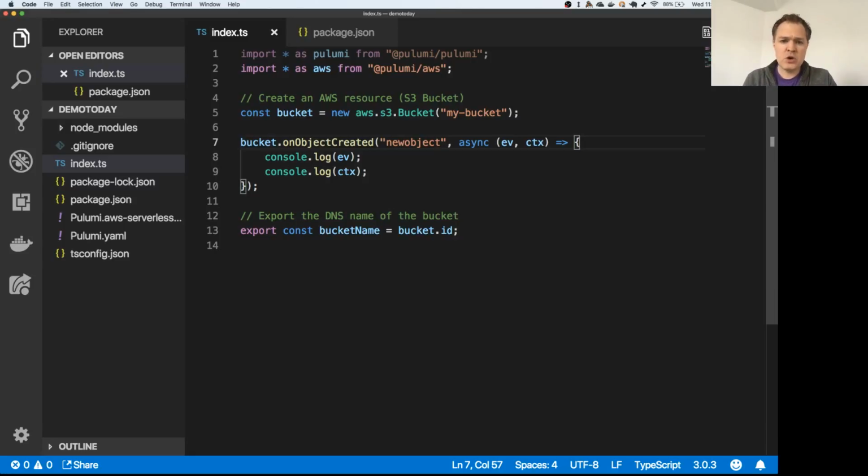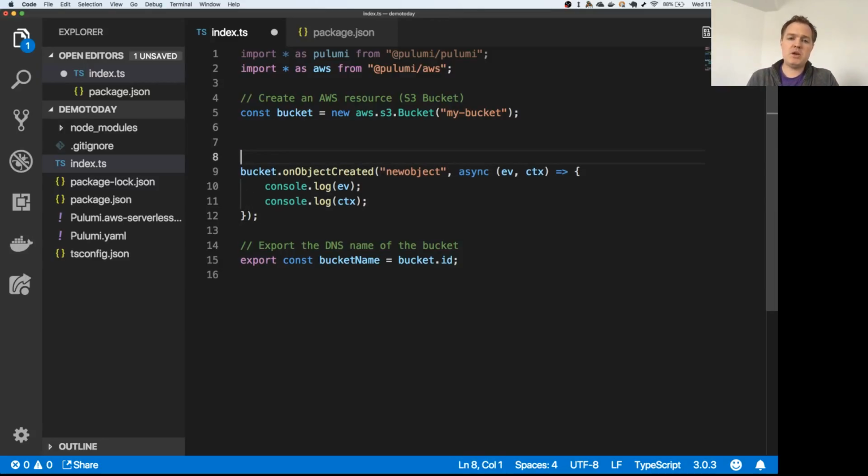Okay, so in this example, I did this by just writing a little event handler right in line here in JavaScript. But you may have a couple of questions here. One is, what if I want to control some of the characteristics of how this piece of code runs? So maybe I want to run with more memory, or I want to run with a particular IAM role that is very specifically tailored to my organization or the needs of this application. And so what we can also do here is we can create these Lambda functions in a more explicit way. So I can say something like new